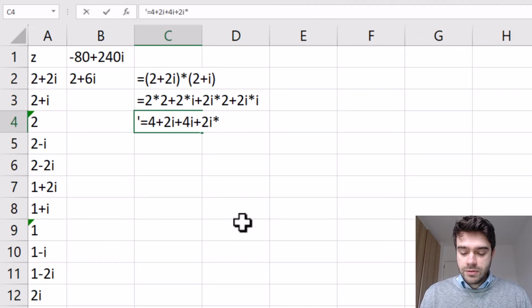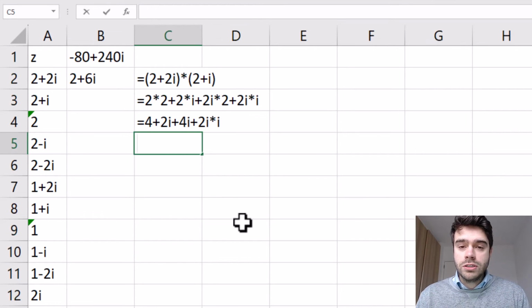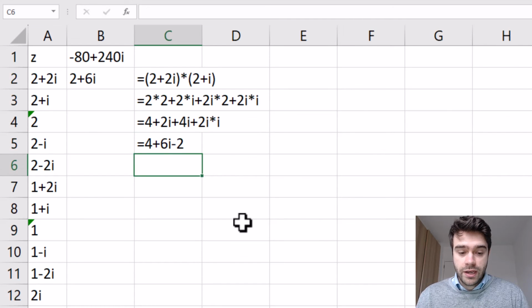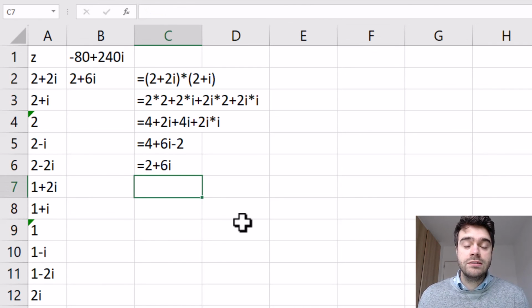plus 2i times i. Okay, now notice the last term we have is 2i times i. Now the definition of i is that i equals the square root of -1. So when we multiply i times i, we are multiplying the square root of -1 with the square root of -1. So i times i equals -1. So we can further simplify this to 4 plus 6i plus, and here we have 2 times -1 because i times i was -1. So this is actually -2. Okay, so the final result ends up being 2 plus 6i, which was indeed the result that was returned using